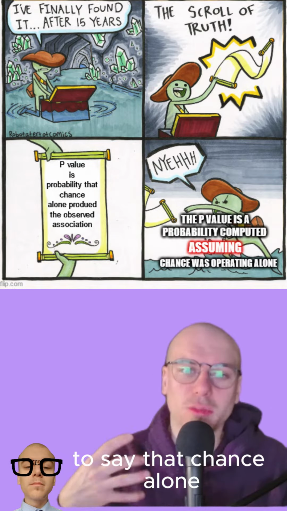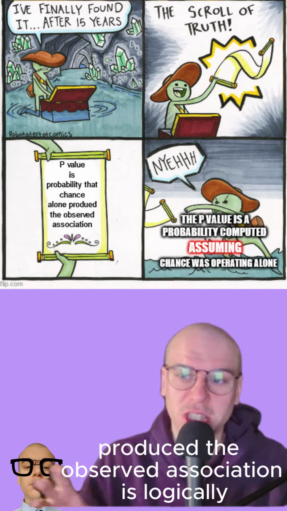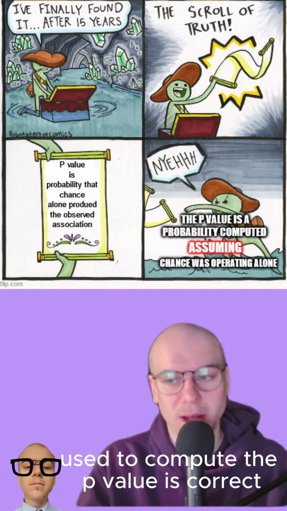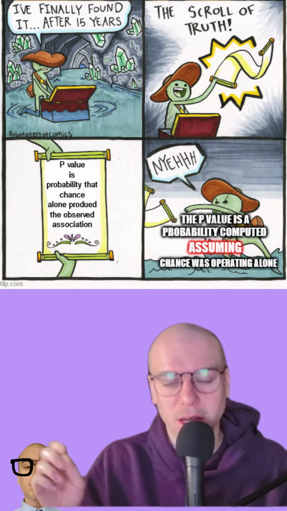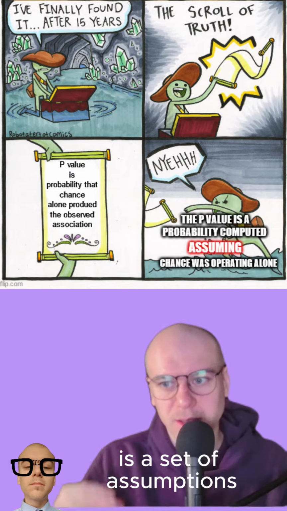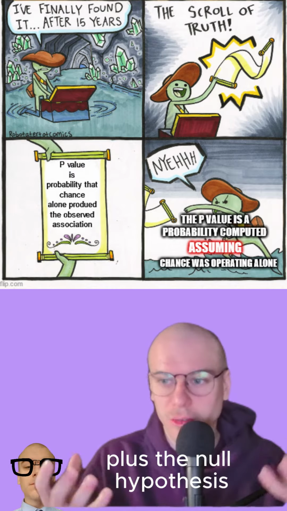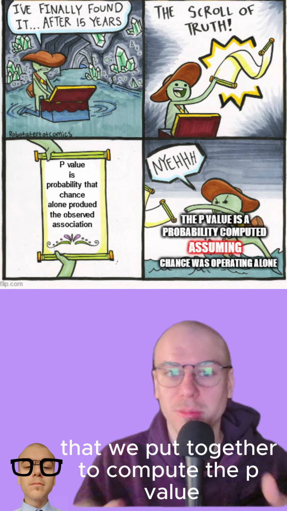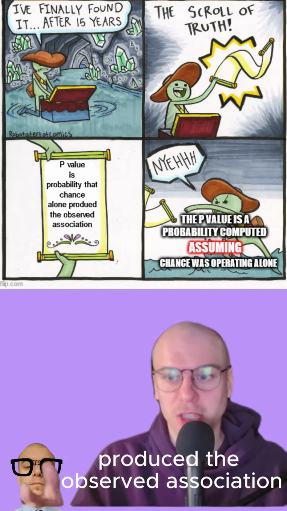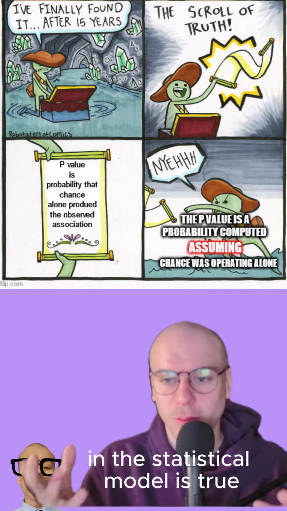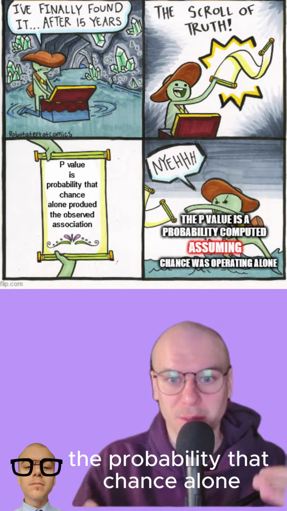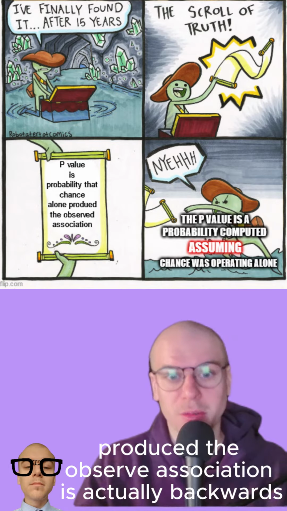To say that chance alone produced the observed association is logically equivalent to asserting that every assumption used to compute the p-value is correct, including the null hypothesis. So as we saw in the last video, what we call a statistical model in this context is a set of assumptions plus the null hypothesis that we put together to compute the p-value. So to say that chance alone produced the observed association assumes that everything in the statistical model is true, including the null hypothesis. Thus, to claim that the p-value is the probability that chance alone produced the observed association is